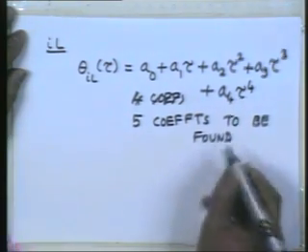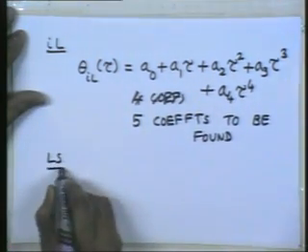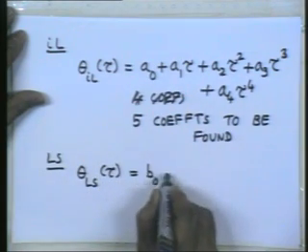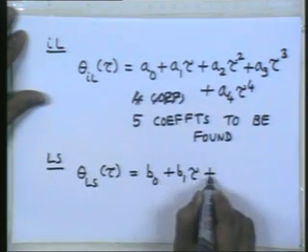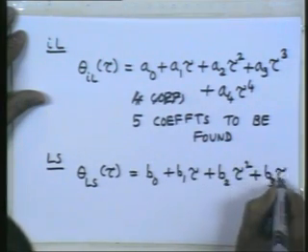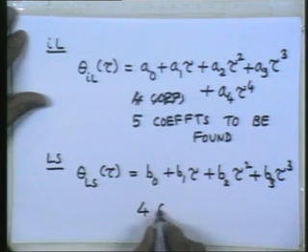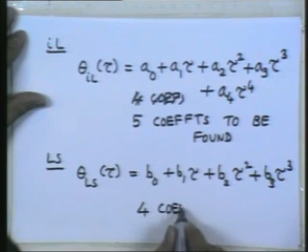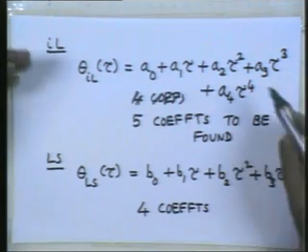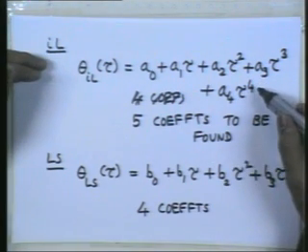to be able to generate this strategy. L to S is cubic, so theta LS of tau is B0 plus B1 tau plus B2 tau squared plus B3 tau cube. So 4 coefficients to be found. Okay. So we are using a 4th degree polynomial, so 5 coefficients here between I and L, and we are using a cubic polynomial between L and S, therefore 4 coefficients. And similarly again from S to F